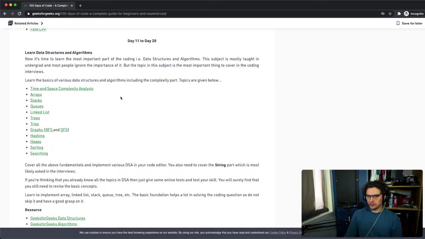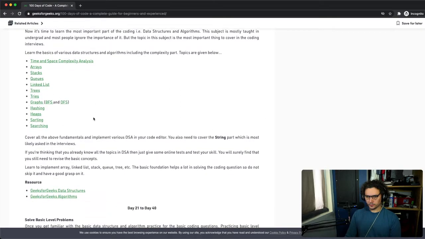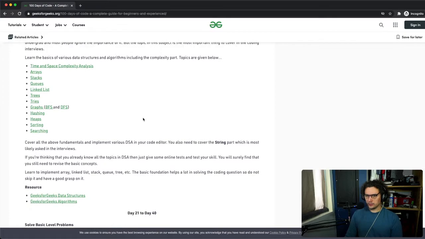Okay. So I've been moving down this list of data structures and algorithms. I skipped over time and space complexity, though I should probably revisit that. Now that I've gone through and done a bunch of the data structures and algorithms stuff, I hope it will make more sense. And then I haven't done hashing, did some heaps, and some sorting and searching. I bet there's some overlap with some of the other data structures there.